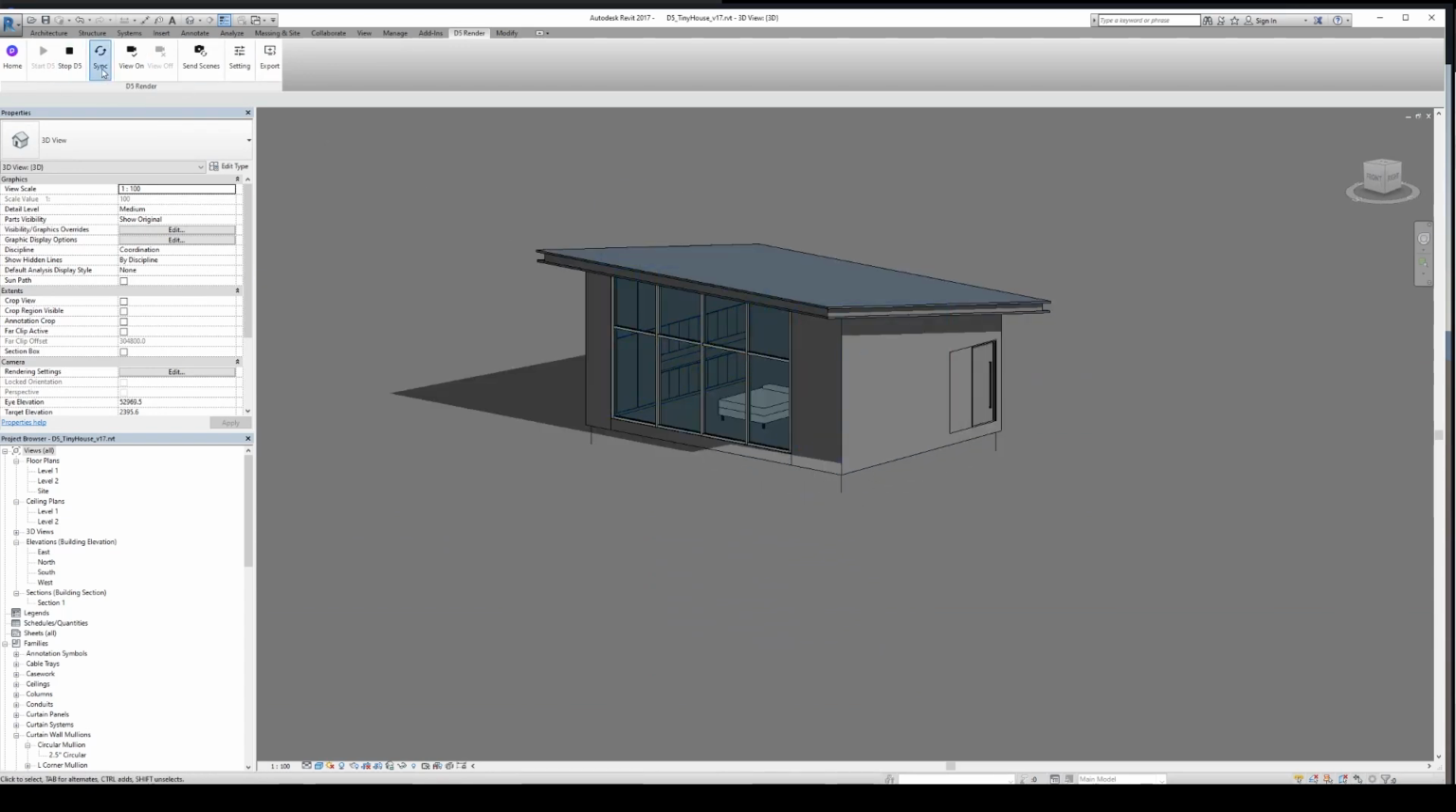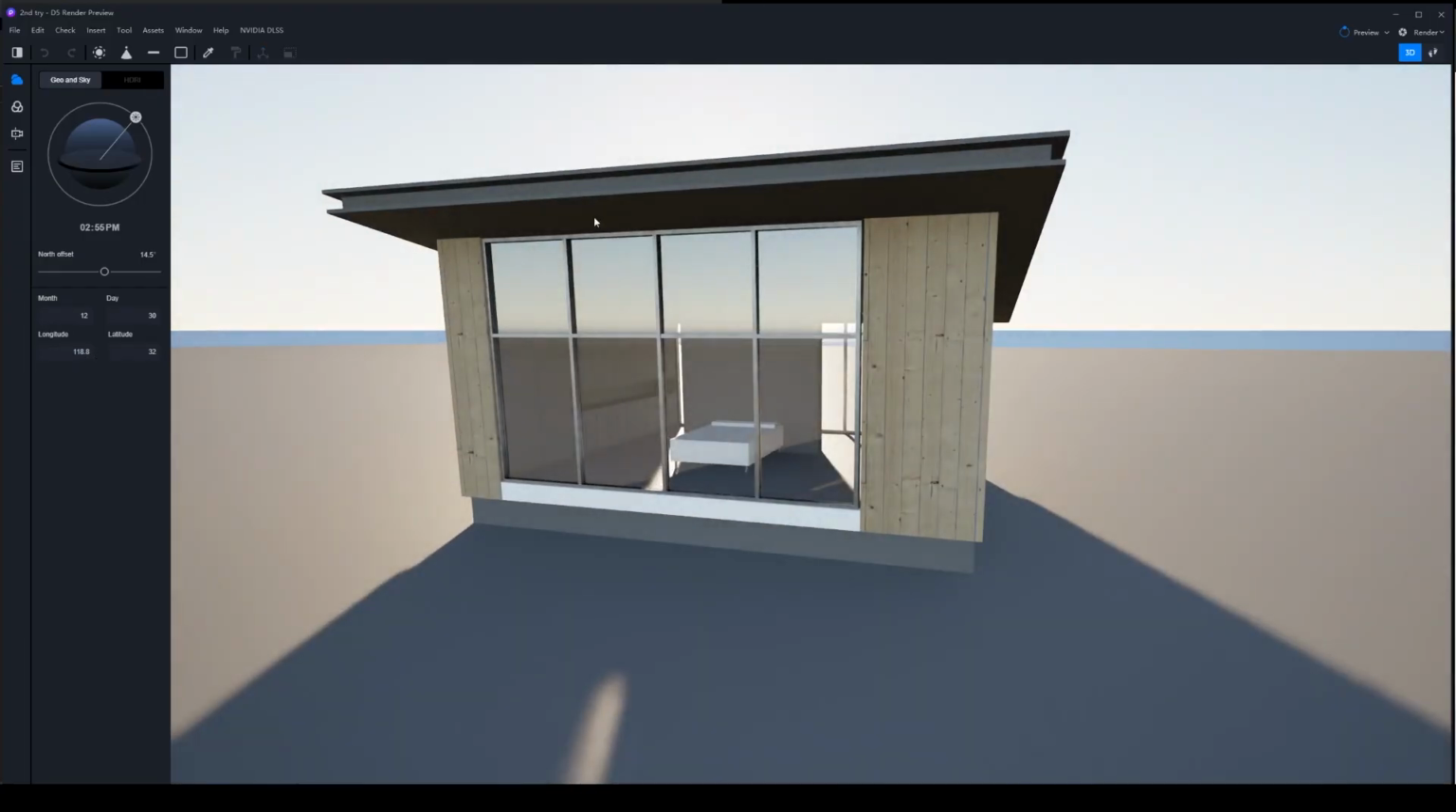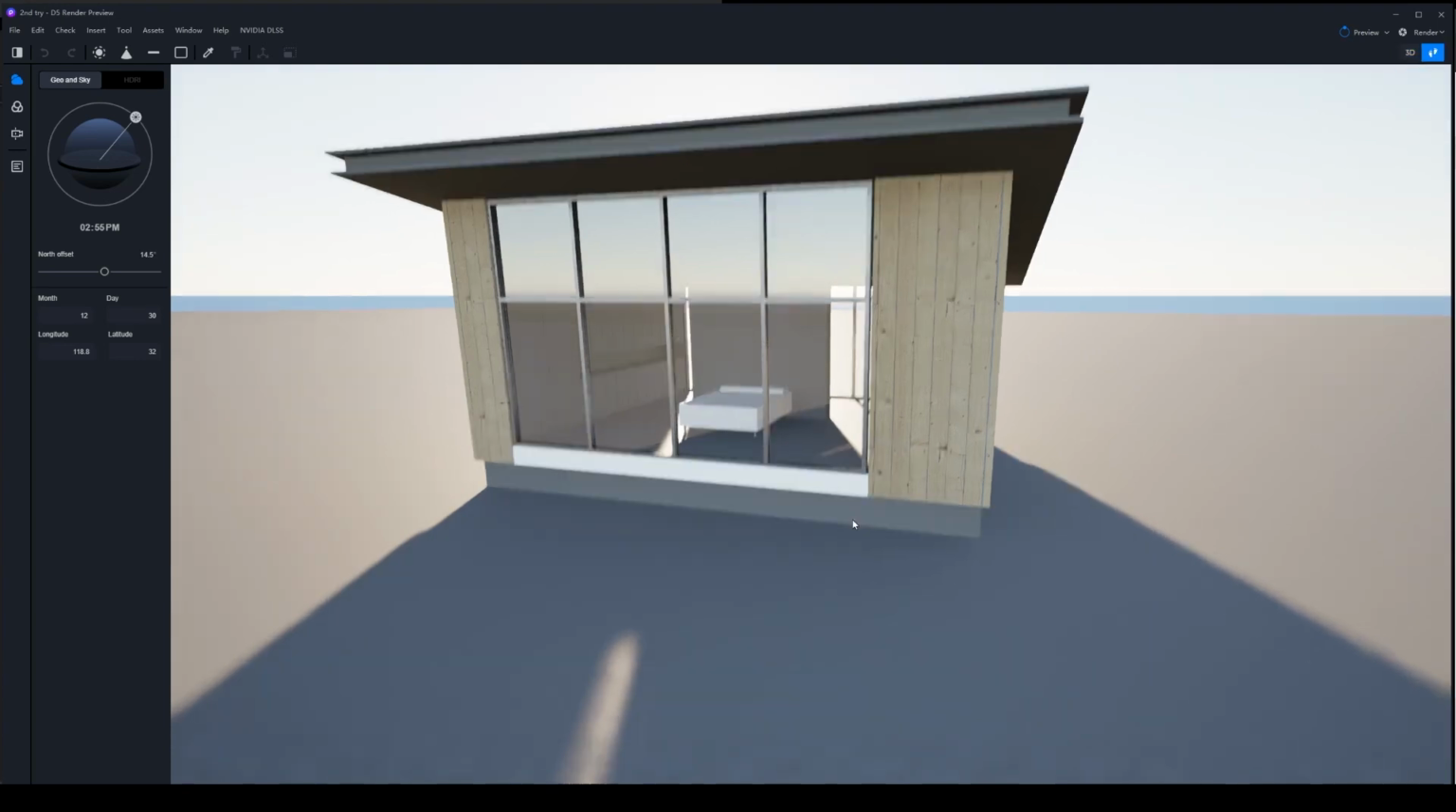Once we do that, we can press the sync button, and it should update in D5, like so. Now, let's head on into the interior. To do so, we can change the navigation style to the footprints here, so we can walk the camera in